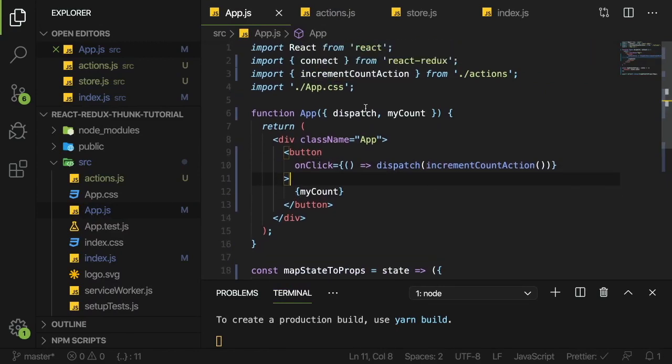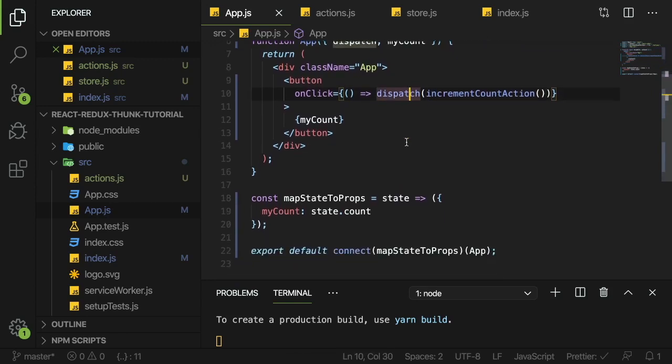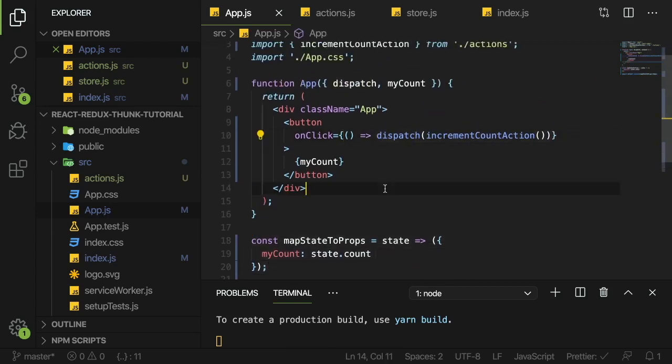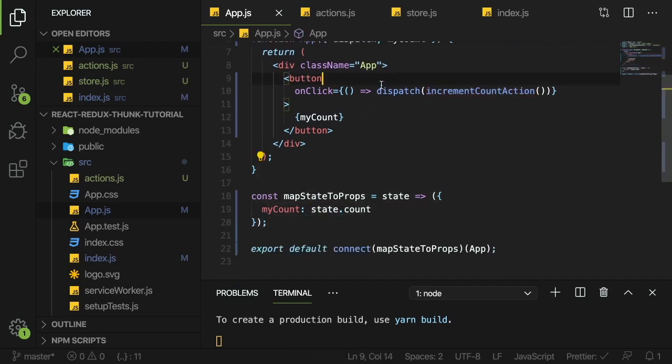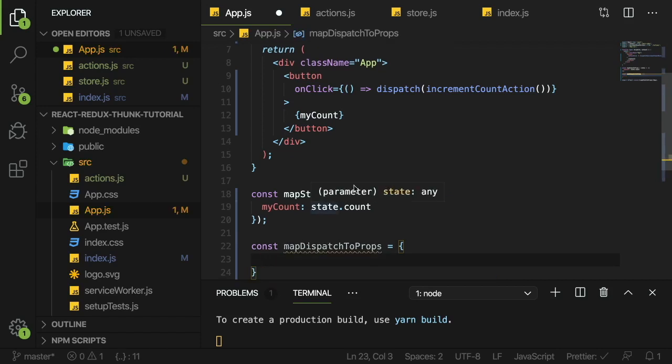Okay, but let's take this a step further. So unfortunately, this is kind of verbose. Calling dispatch all throughout your app is a little bit verbose. So the connect function takes a second parameter or argument, which basically allows you to not have to do this. It'll allow you to just call a function directly and then call this dispatch stuff behind the scenes. Okay, so if we do mapDispatchToProps and we set that equal to an object, one thing you